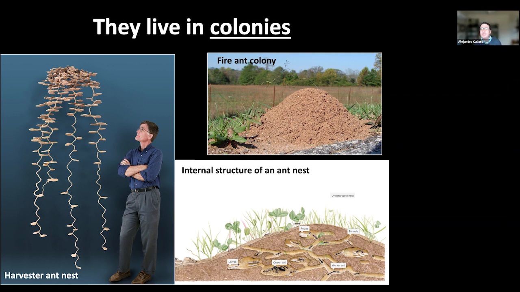This picture here on the right is the colony of a fire ant, which we don't have in New York, but you can also see the external structure. You can see mounds that are being constructed from soil. They can make a nest in trees and other structures. And this is a side view of a fire ant colony. So you can see all the chambers, all the tunnels, and the different individuals doing their work inside the colony.